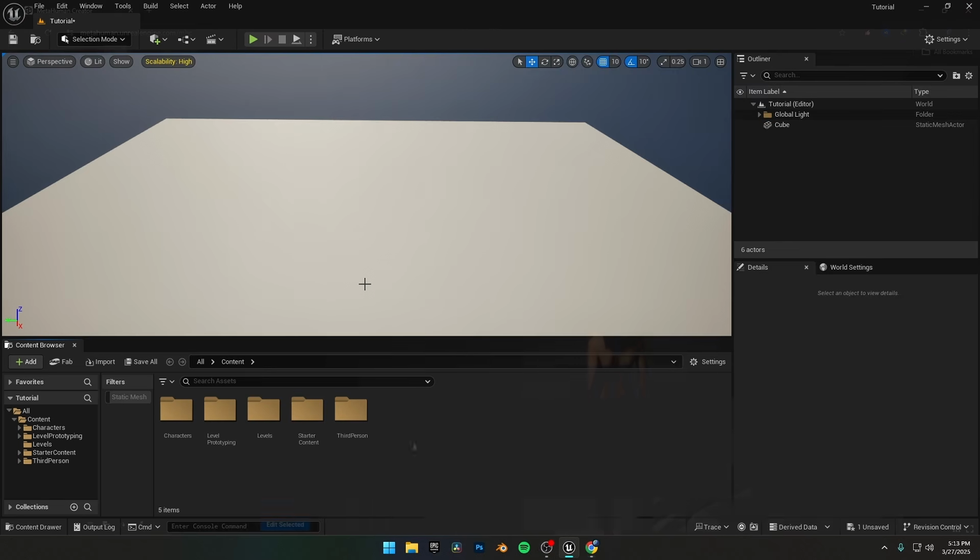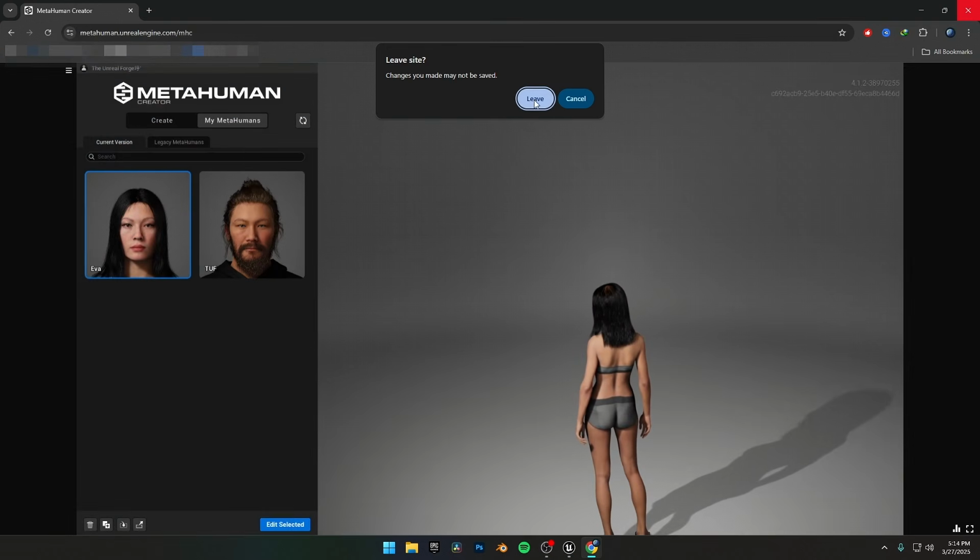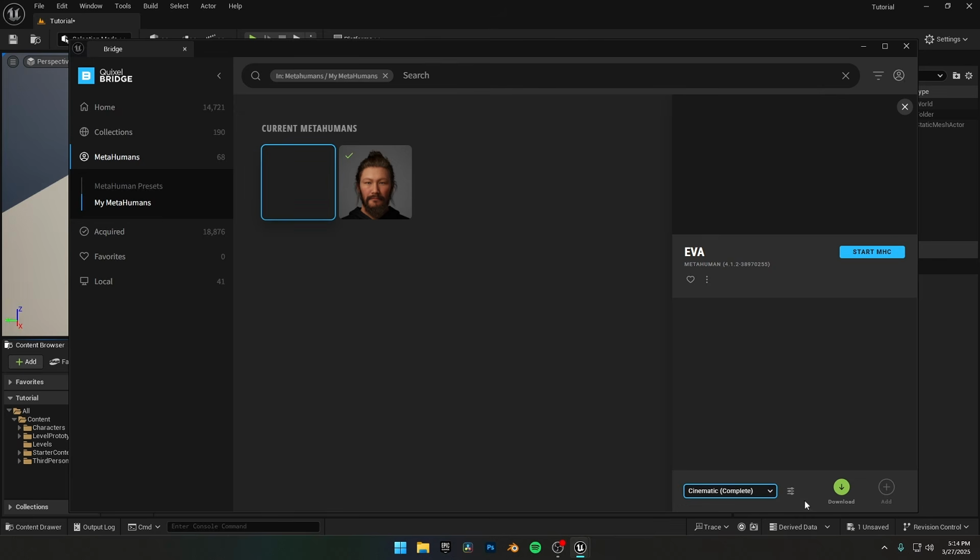We're done with the MetaHuman Creator website, so I'll close it. Now I'll reopen Quixel Bridge and download our MetaHuman. Keep in mind that customized characters need to be generated first before the download starts. This process can take a while, so be patient. It took 16 minutes to generate and download.